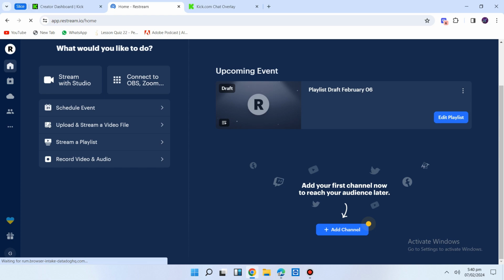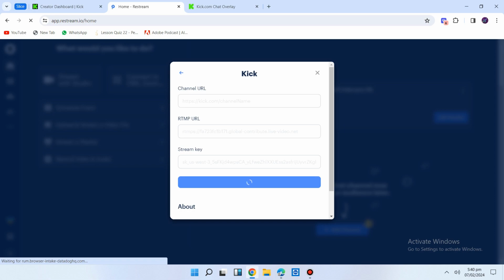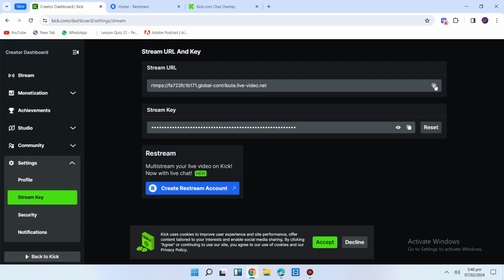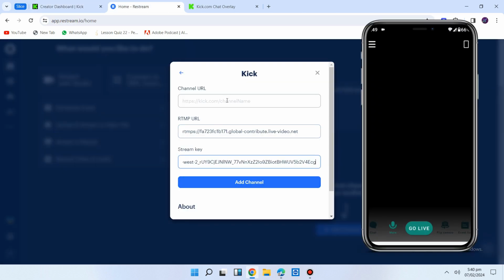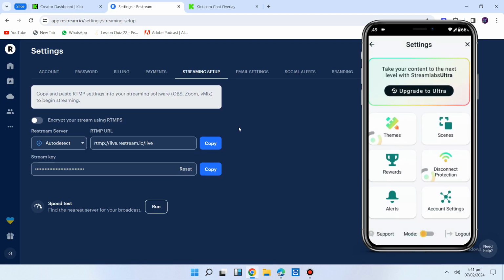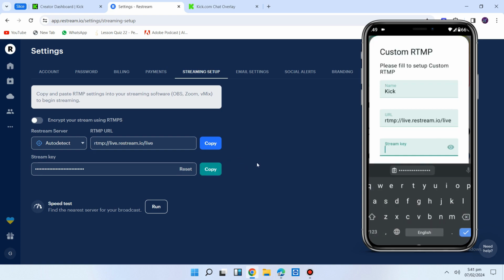Alright, let's begin. So first you are gonna need the third-party platform called Streamlabs, because Streamlabs doesn't allow us to stream directly to it. So I'm going to just add a channel here and that's it. Now I'm going to copy this. I'll go to Streamlabs. This is RTMP. We are going to copy paste our RTMP URL and stream key,